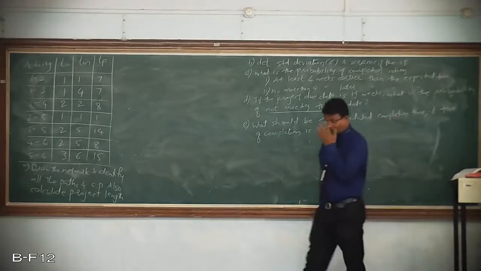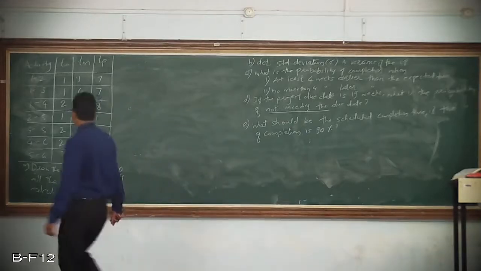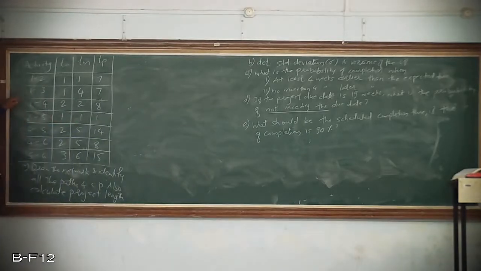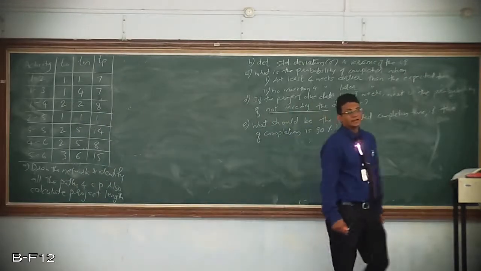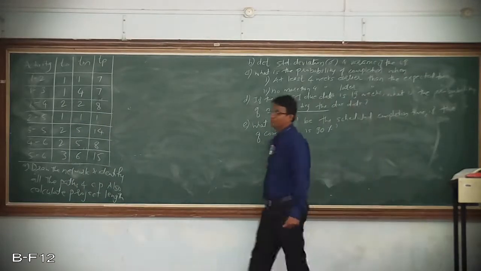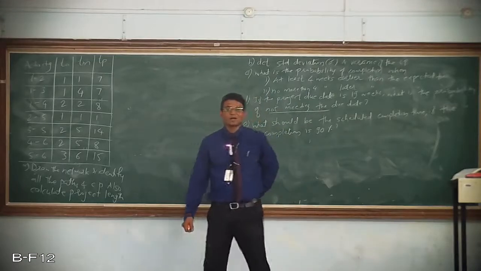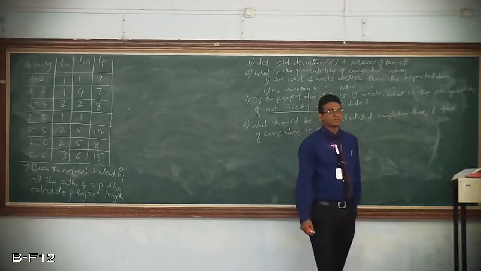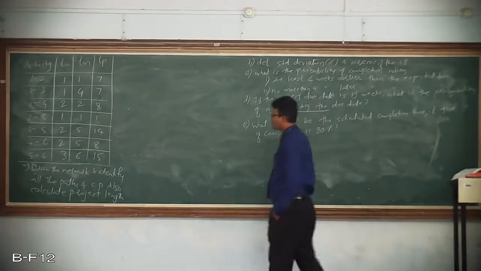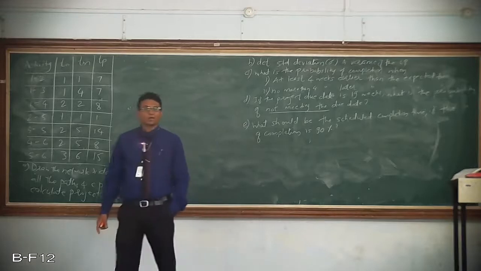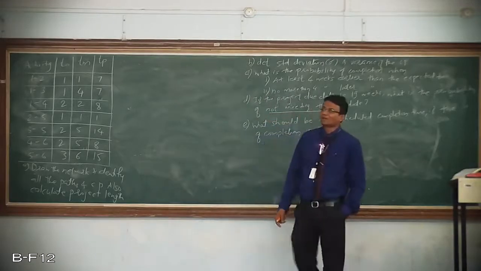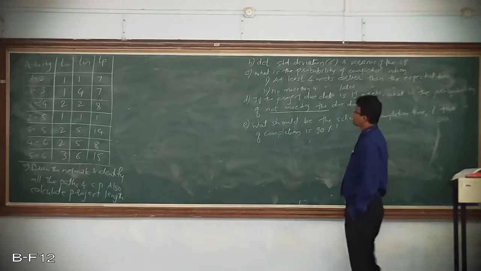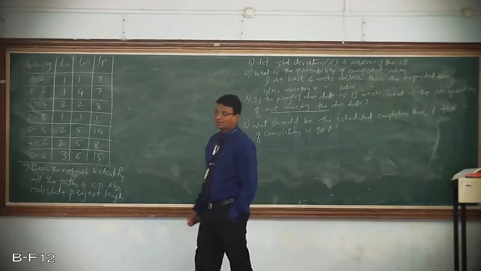Okay, this is the problem given where there are 1, 2, 3, 4, 5, 6, 7 activities. So 7 activities constitute a network or a project, and each activity has been specified with its optimistic time, most likely time and pessimistic time. By making use of this information, in the first part you need to draw the network, then identify all the paths passing through it and find the critical path and the project length. Then in the second part you need to calculate the standard deviation and variance of the critical path.